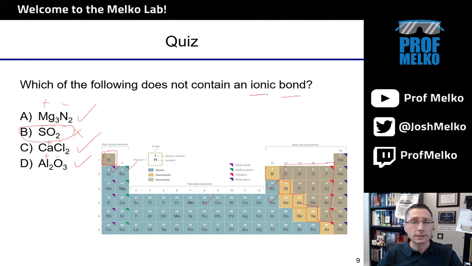So just to summarize this section, ionic bonds form when metals lose electrons and become cations, and they transfer that electron to a nonmetal, which becomes an anion. And then the cation and anion are opposite charges, which are attracted to one another and form this ionic bond. Okay, so it's this transfer of electron.